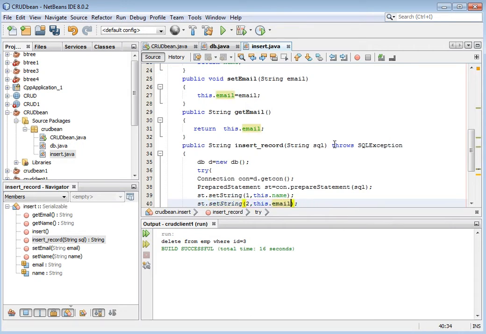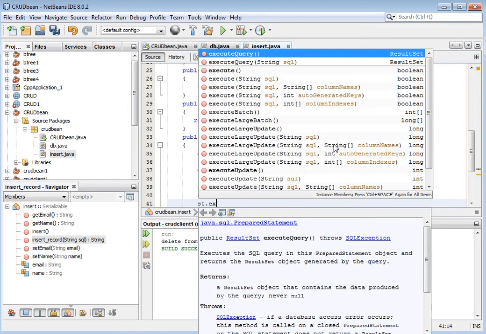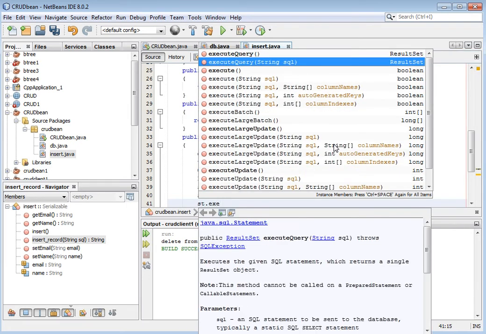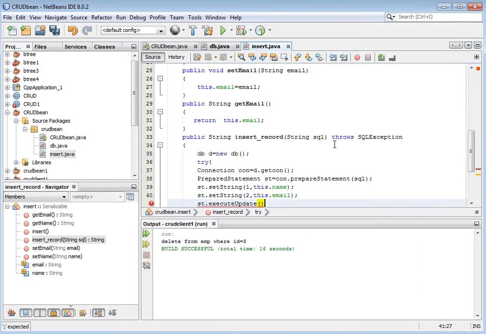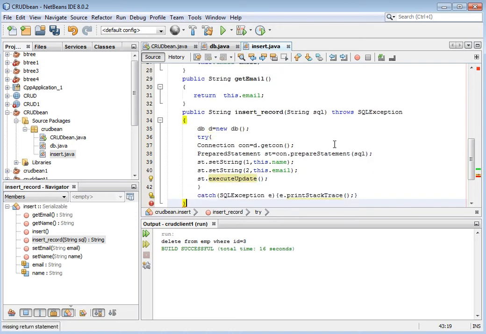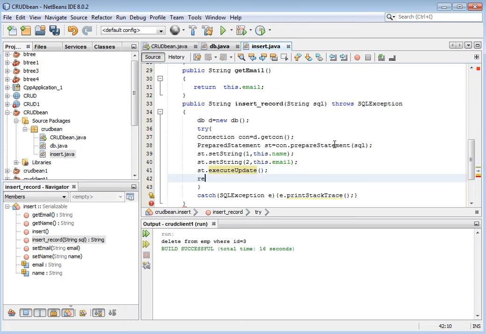So PreparedStatement st is equal to con.prepareStatement, passing the SQL, right? Now this is the statement.